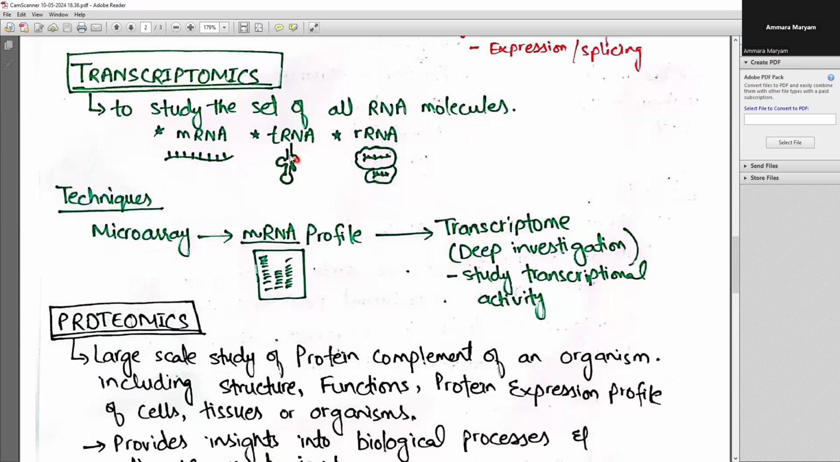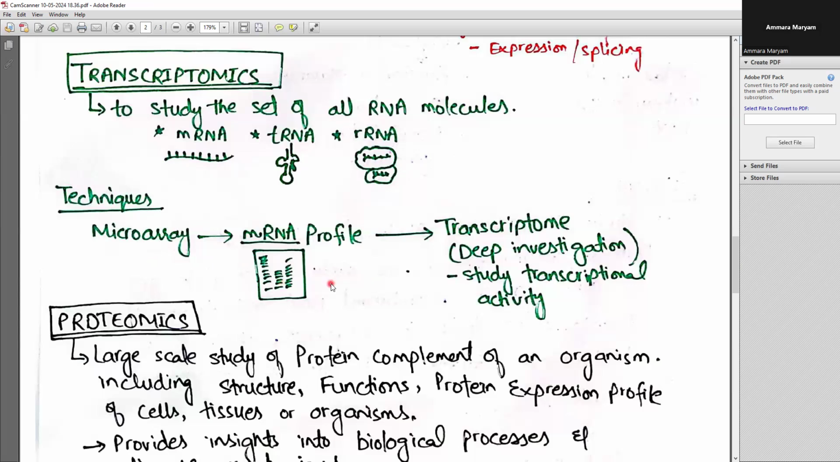तो ट्रांसफर आरएनए जो mRNA की कोडिंग के हिसाब से अमाइनो एसिड्स जिनको mRNA कोड कर रहा होता है, वो अमाइनो एसिड्स को ये ट्रांसफर करते हैं टुवर्ड्स द साइट ऑफ प्रोटीन सिंथेसिस. So we need some techniques like microarray technique that will provide us with the messenger RNA profile, and